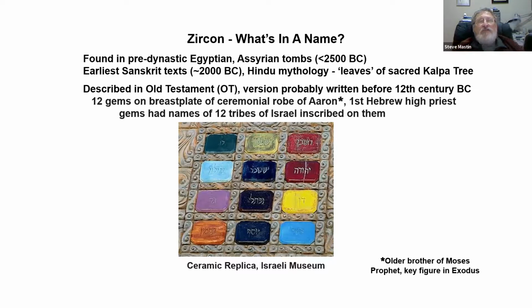That means before the pharaohs, and also in Assyrian tombs. And so zircon's use as a gemstone is at least 4,500 years old, and probably a lot older than that. It's also mentioned in the earliest Sanskrit texts from about 2000 BC, and in Hindu mythology, it's the leaves of the sacred kalpa tree. And I'm not going to go into that, but that again is a very interesting side trip that I took